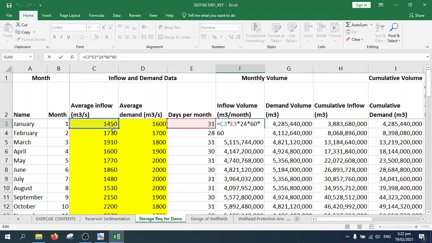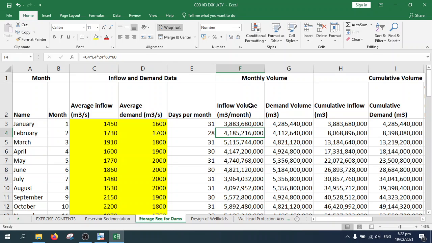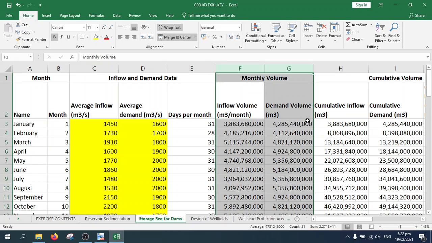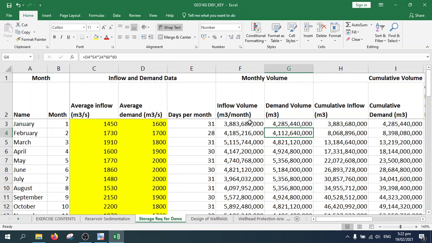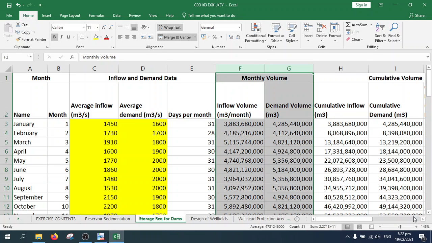So you have to multiply the seconds by minutes, by hours, by days, and then finally by the number of days you have in a month, right? Now you can easily manipulate this in the spreadsheet, and you now have your monthly volumes,